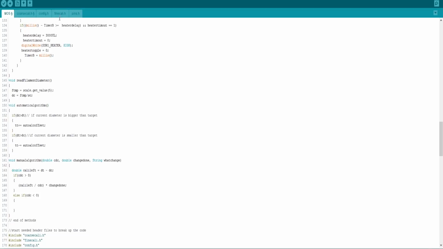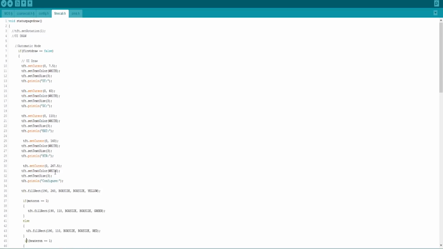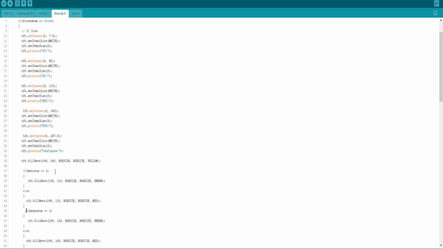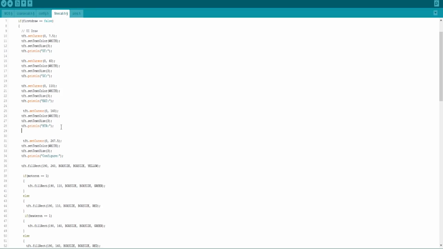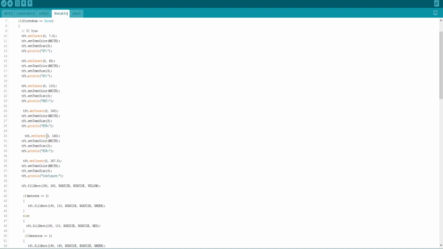And so now what we need to do is move these and then add a button for the, yeah, because that doesn't, wait, or is this a different page? Okay, yeah, this is the right page. So yeah, we should be able to get another one in there. TFT set cursor 0 to 10 again. Do 10, and then this is